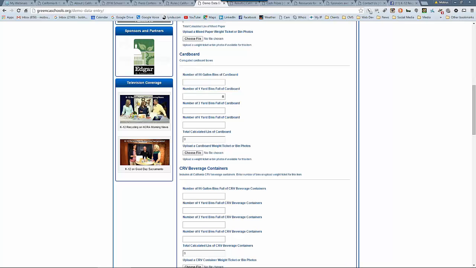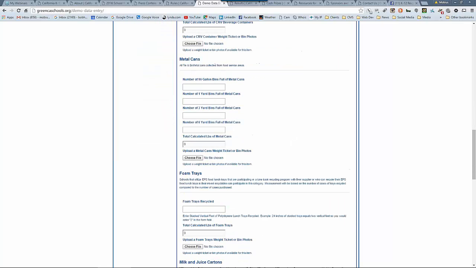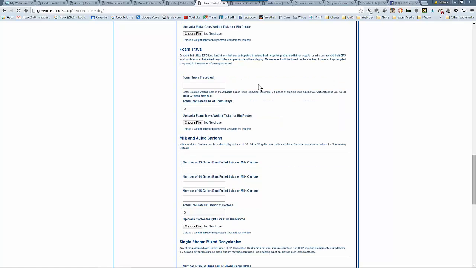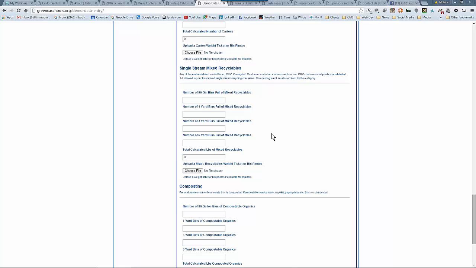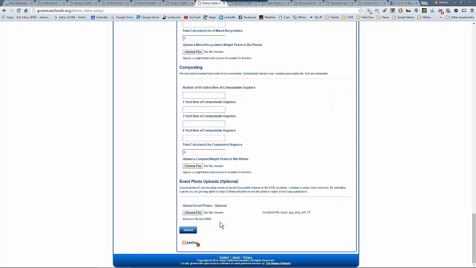So there's cardboard, CRV, metal cans. We've got foam trays here, and we're going to also be doing something with cardboard this year, so watch for that. Milk and juice cartons, single stream mixed, composting,